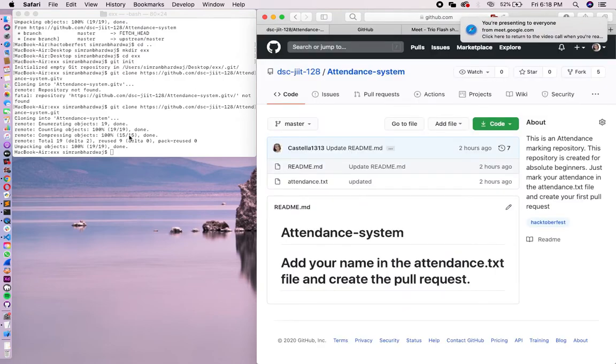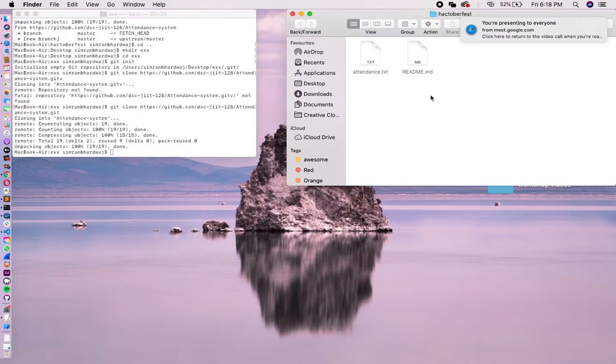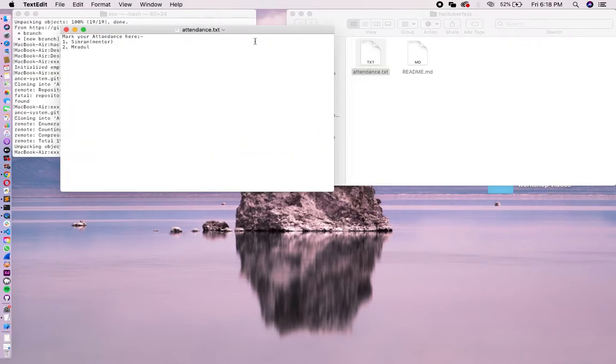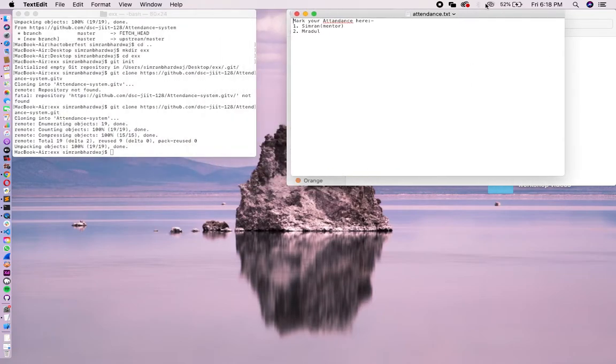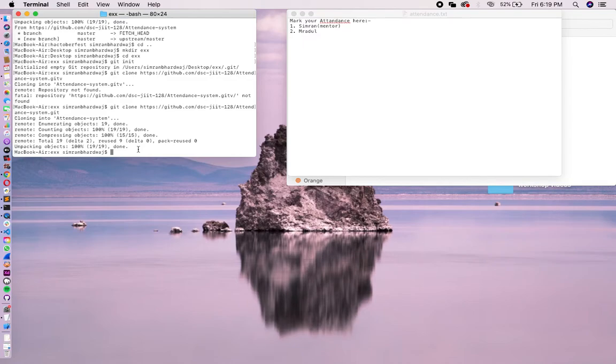Okay, so let's move ahead now. We have got the content of the repository on our system, and we have added our name because this was the task in that repository. So I hope everybody has added their names.